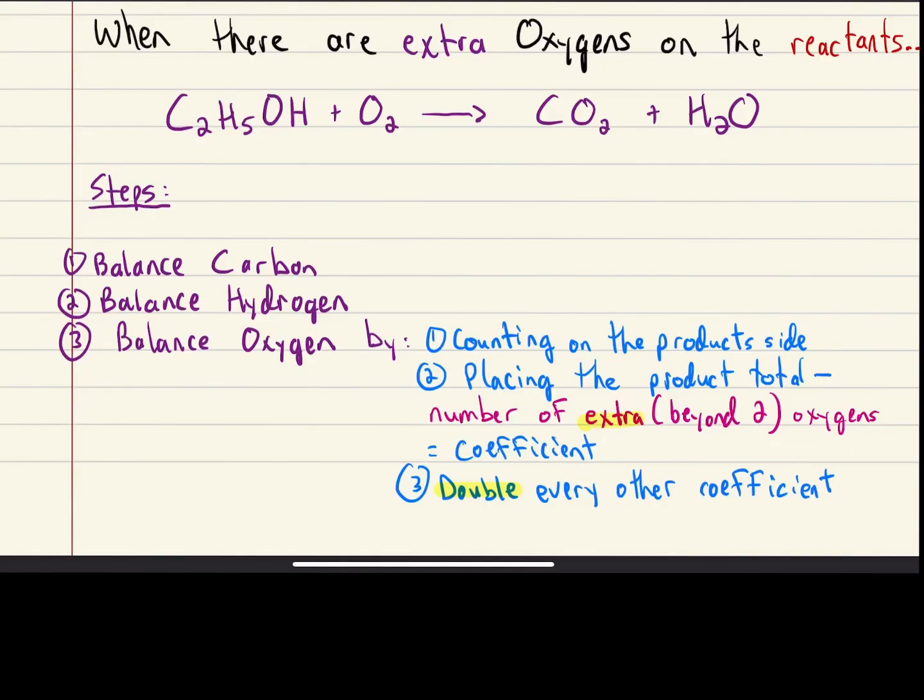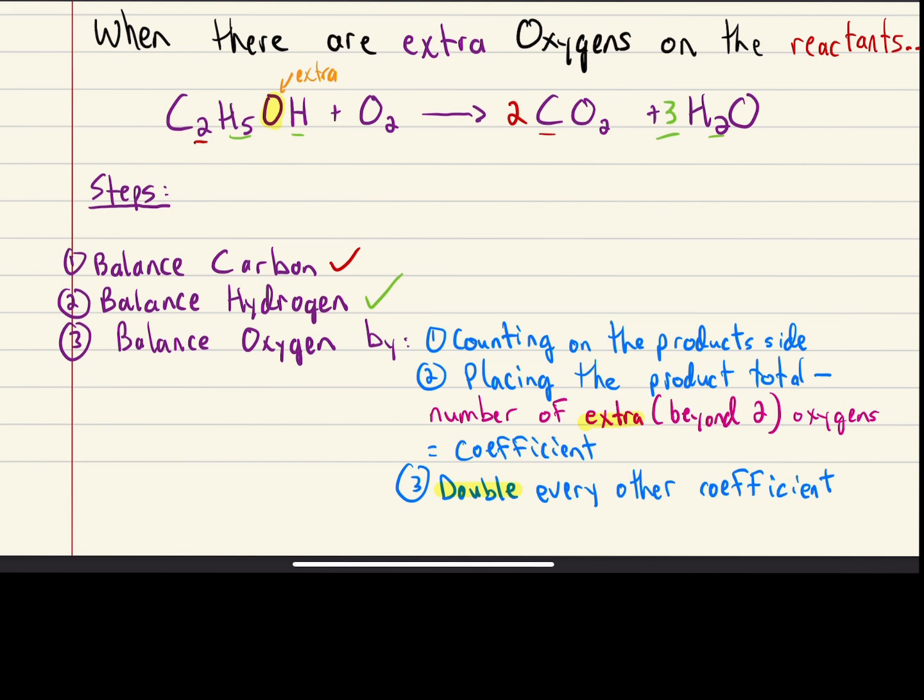So perhaps the most complicated of them all are when there are extra oxygens on the reactant side. The process is similar except for the very end, where if I look at this reaction here, I see that there's an extra oxygen. So normally would there be 2? Now there are 3. So like previously, we balance the carbon first, then we're going to balance the hydrogen, and